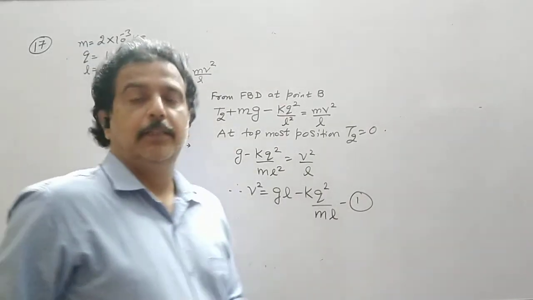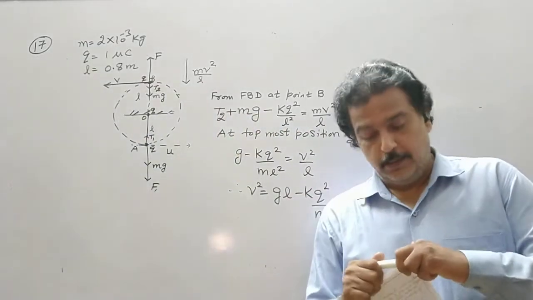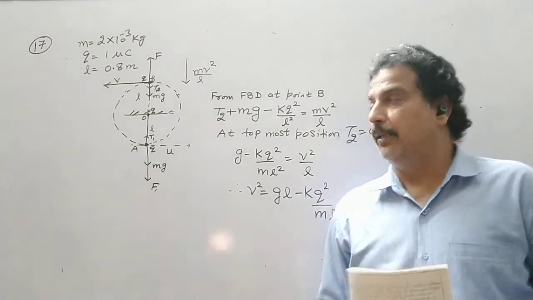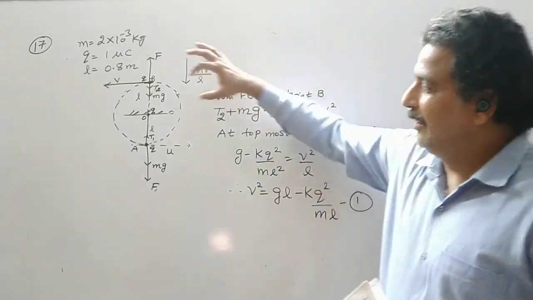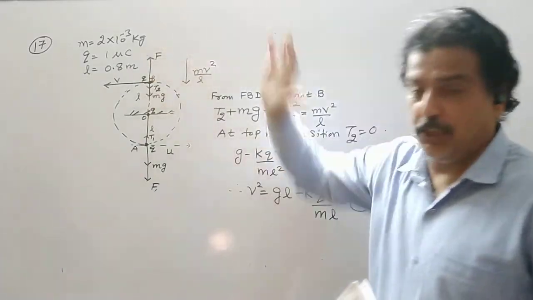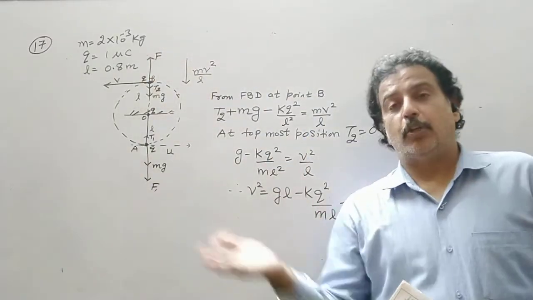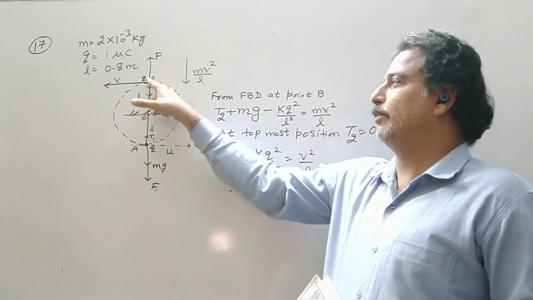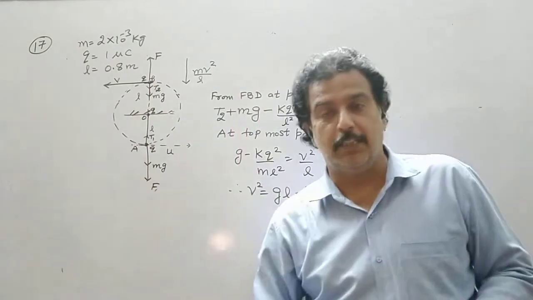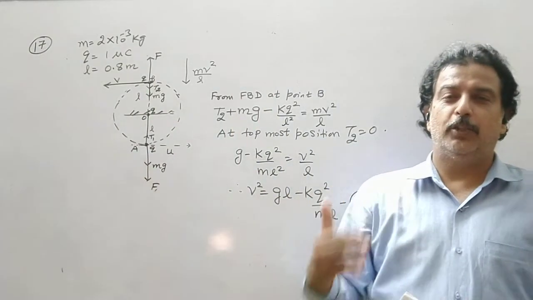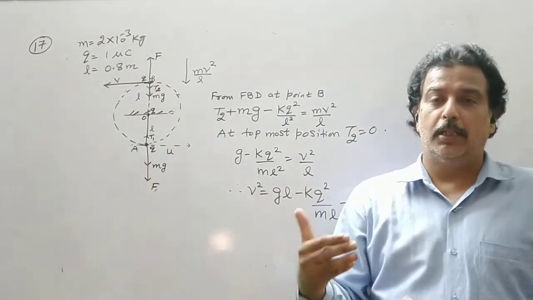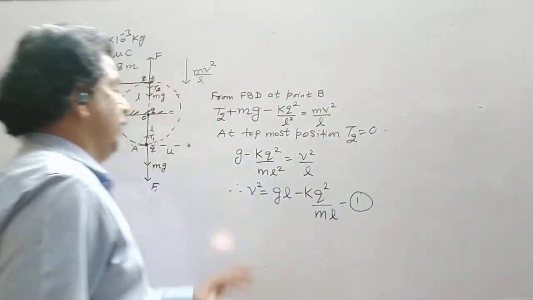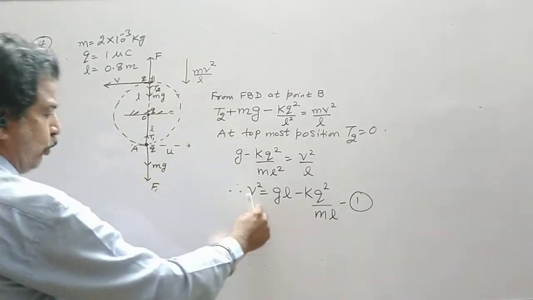If you remember, such sums were done in the work energy theorem or in the work energy power chapter. Only difference is now we have 2 charges and there is a repulsive force. Otherwise, the question in 11th was find the speed at A, then here point B was given, here point C was given, here point D was given. So that we found the speed to be root gr, root 2 gr. Like this we have found the values. Here we have a repulsive force. So this is v square.